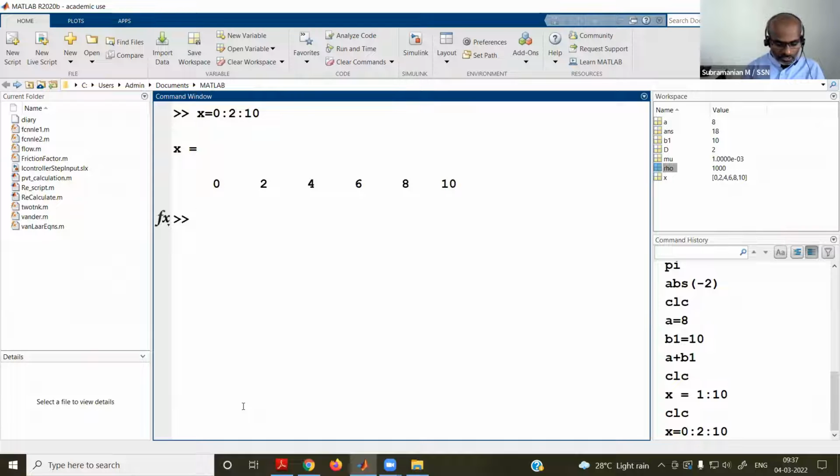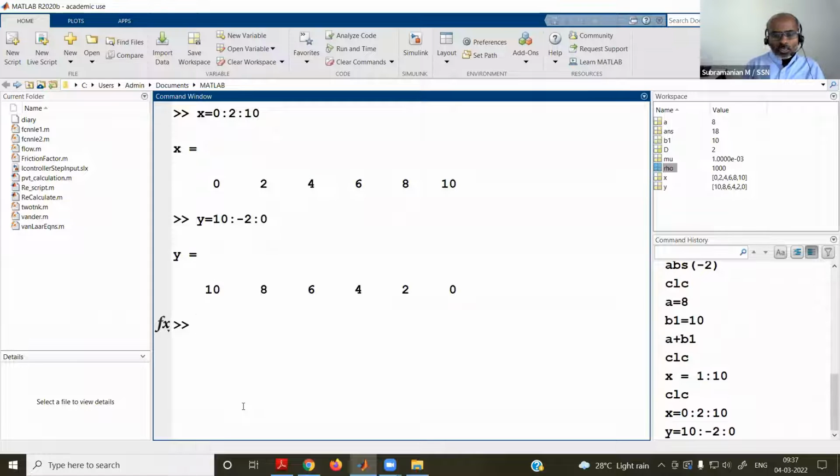You can also have a negative increment as well. Say y equal to 10 colon -2 colon 0. So now I have to say about this structure: the starting number, the ending number, and the middle one is the increment.